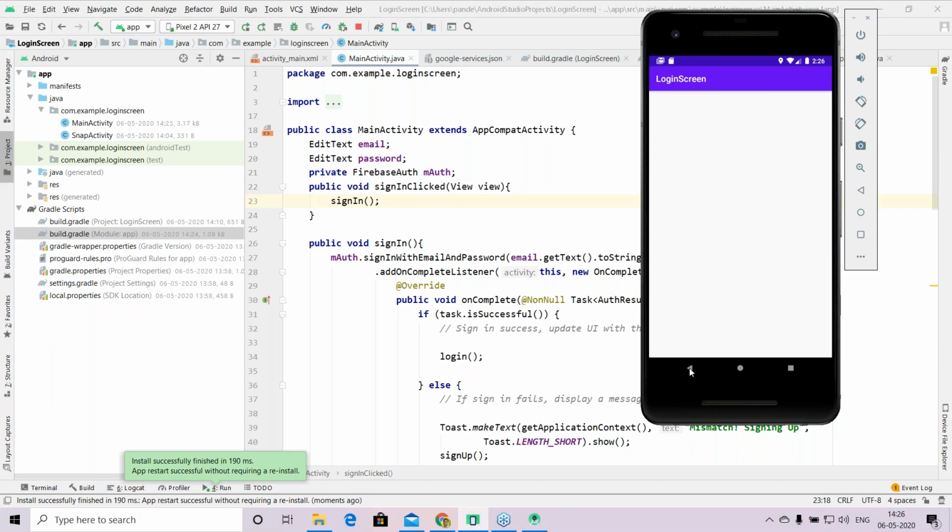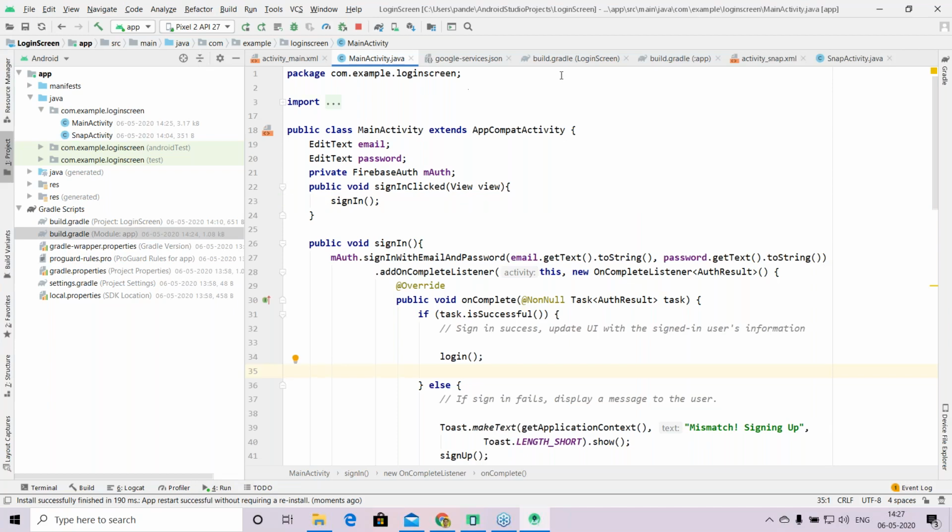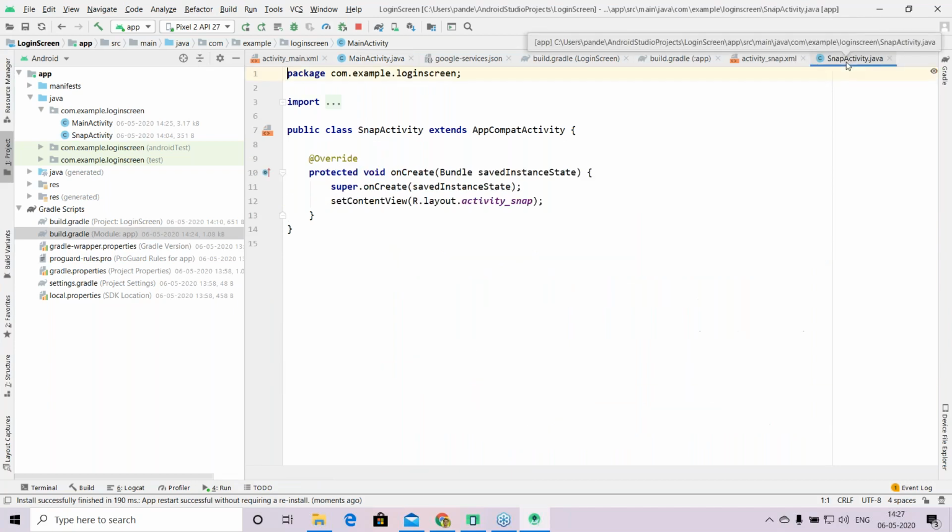So that means by clicking on this back button, the user is not logged out. And you may want in some of your applications that if a user clicks on the back button, for example, in your banking application, if you are trying to create a banking application, then that user should be logged out. So for this, you will have to go to your dummy screen, the snap activity in this case, and here you should create a function